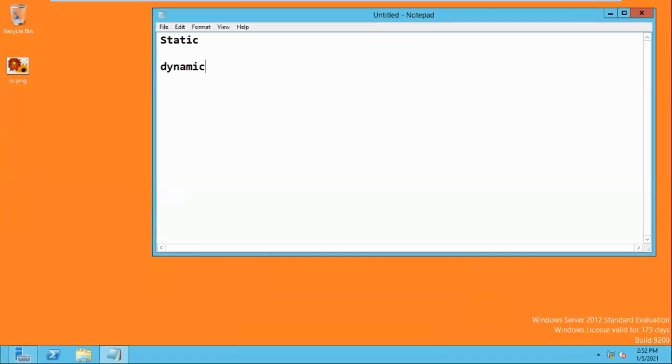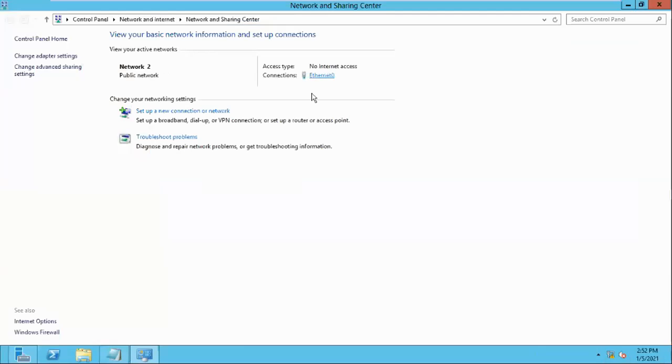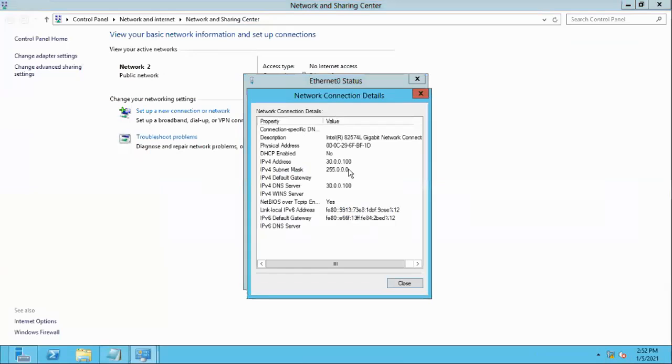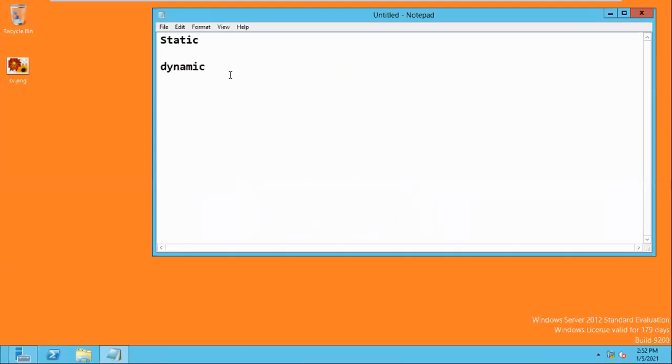Static and dynamic. Sir, before it assigns, we need to assign one IP address to the DHCP server. Yes, compulsory, the server already has one assigned. We have 30.0.0.100, and it will continue, 100, 101, 102, like that, assigned to clients.